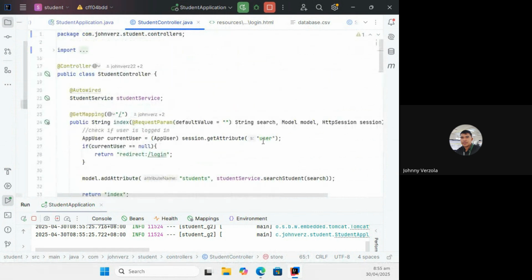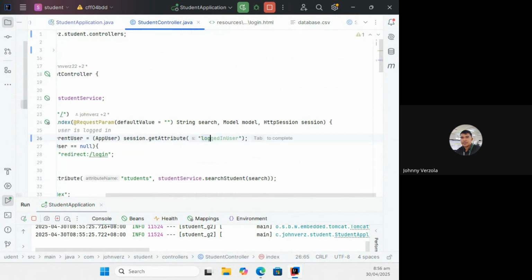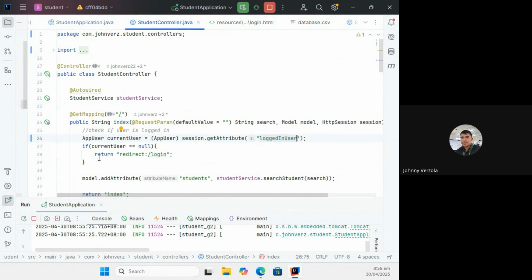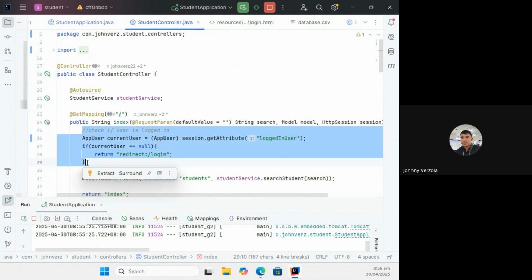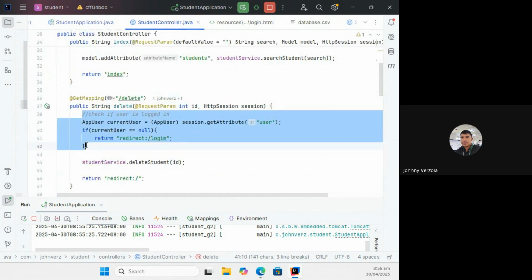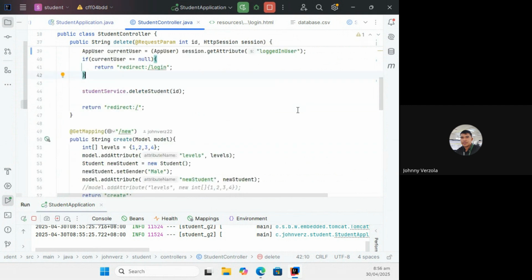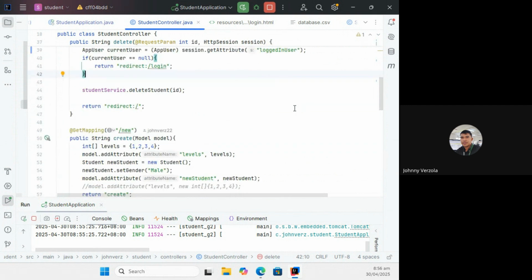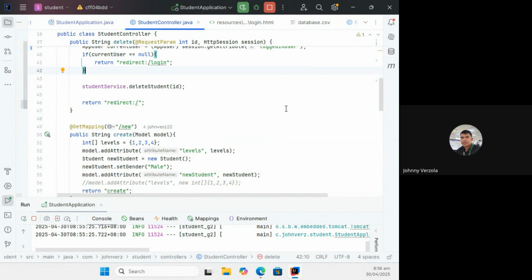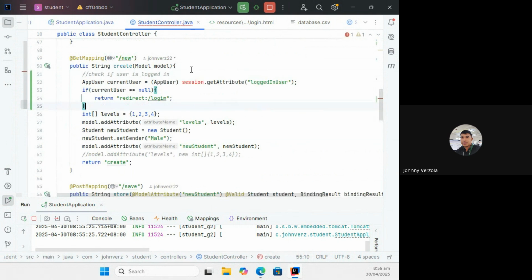This one should be login user. Now, before I proceed, all of this should go in all of the routes that I need to be protected. That slash delete, I don't want any user to access it because it's basically sensitive. I don't want just any people to delete any record in my database. Even this one, I don't want anybody to create a new entry, only the logged user.